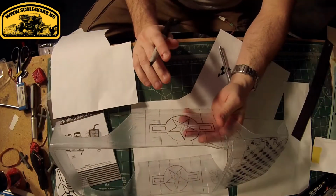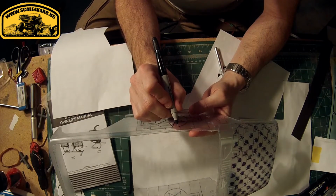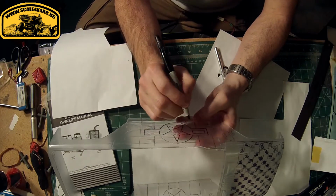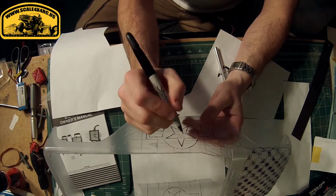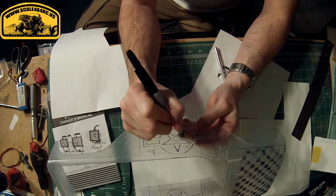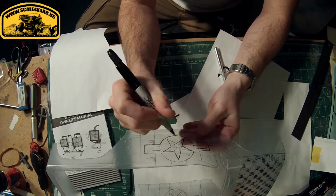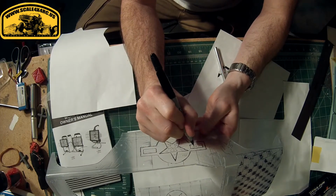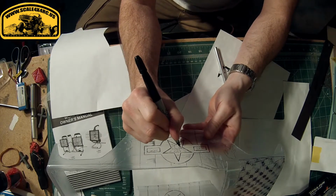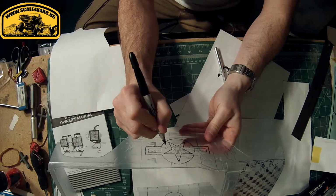One other small tip I'm going to give you is, let me remark that line that disappeared. I'll write in the colors that I want. So this section is going to be blue, white. I'm going to put in little W's in areas. That's going to be white and white. That's going to be red and red. So it helps me keep track of